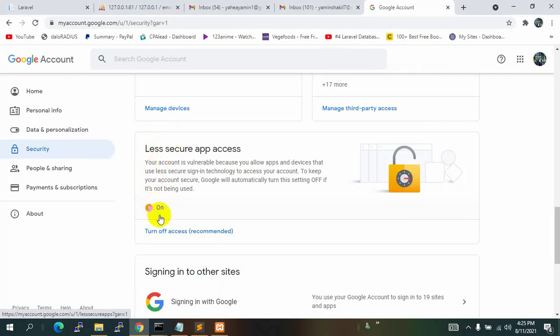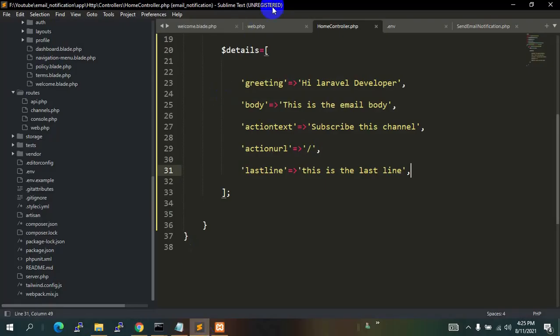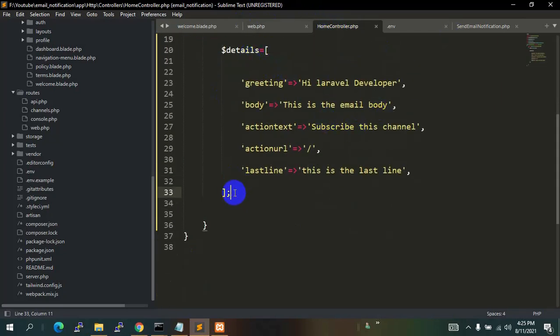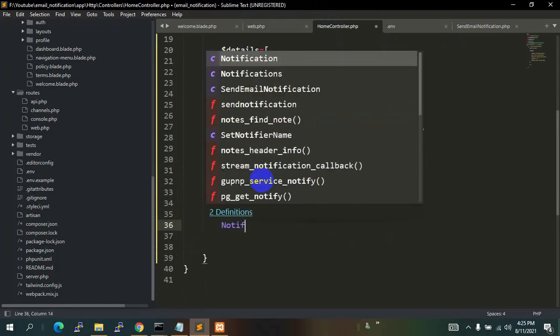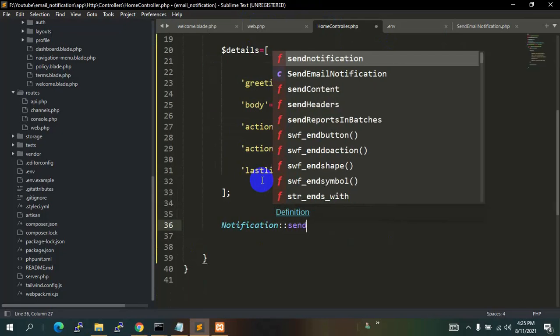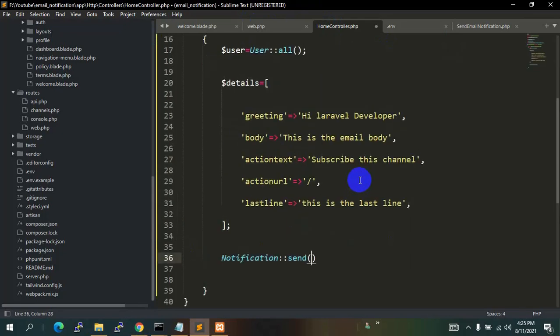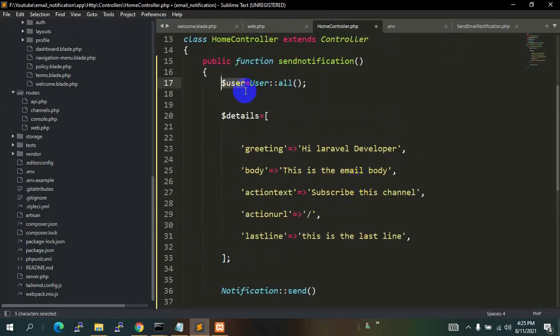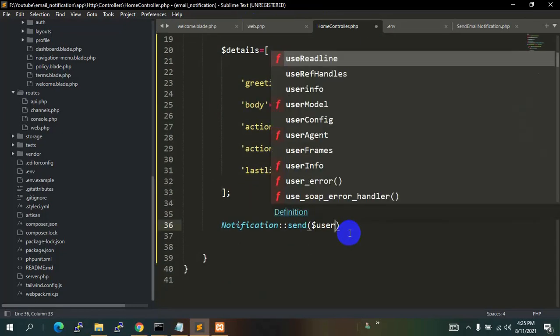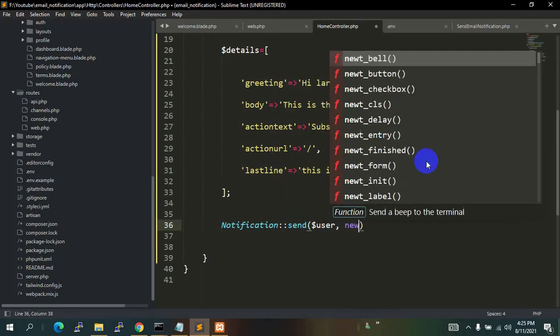But before that, we also need to add one more line in the home controller.php. Over here, after this details, we need to say over here notification double colon. We'll say over here send, and inside this first bracket we declare a variable $user. So we'll say $user, then we'll give a comma, then we'll say new.